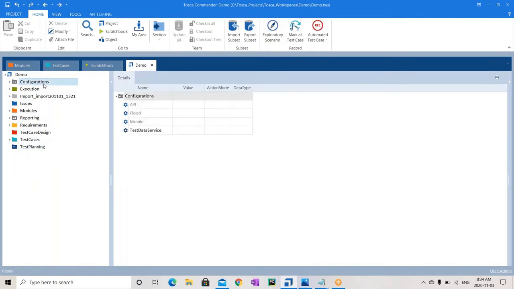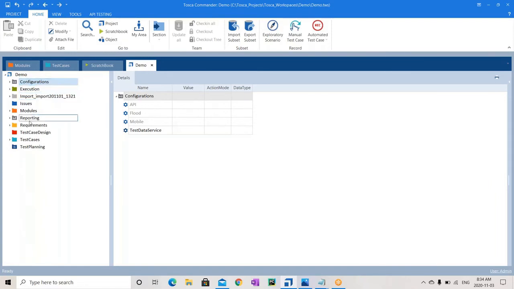Configurations is nothing but the settings that we want to apply on our execution. Suppose you created some set of test cases and everything is working fine. Now you want to put it into CI/CD pipelines, because you automated them. Now you want to run it through the pipeline and get a report. At that time, you want whatever you have created to run on a specific machine. So all these configurations can be done in this particular configuration section.